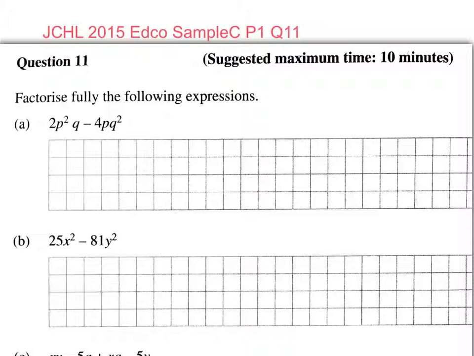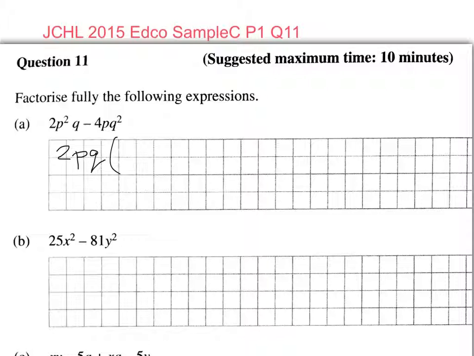What's the highest common factor of 2p squared q and 4p q squared? Well, 2 is a common factor. 2 is a factor of 2 and 4. P and p squared, well, p is a common factor. And q and q squared, well, q is a common factor of q and q squared. So my highest common factor is 2pq,